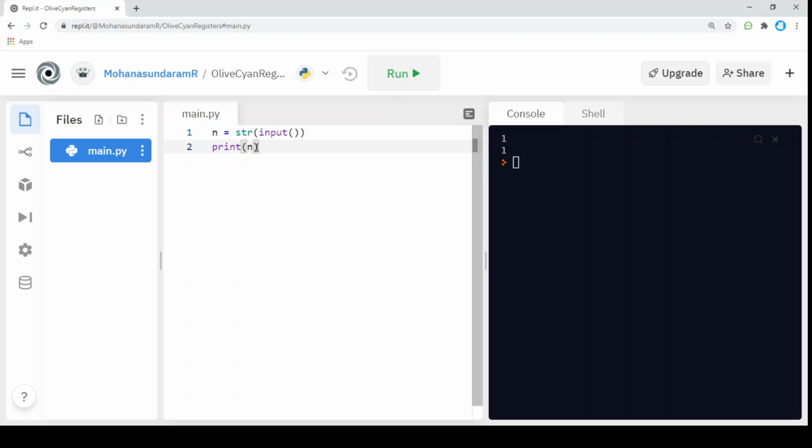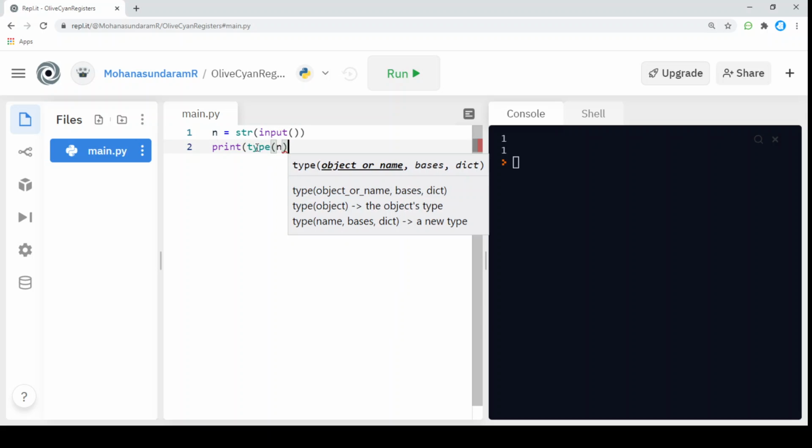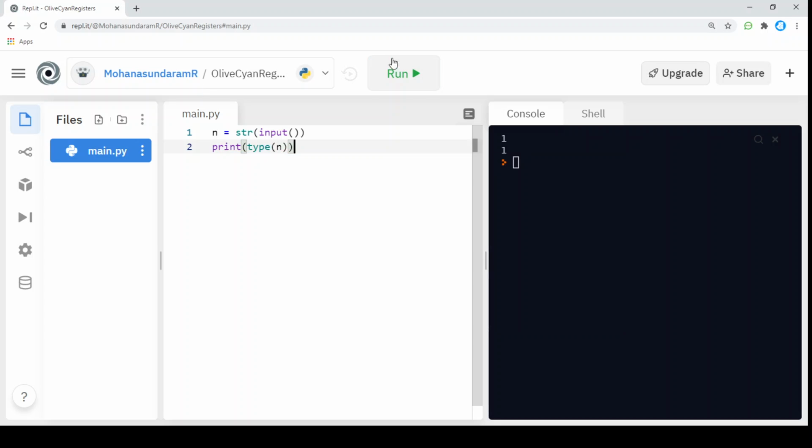If I check the type of the value, I'm giving 1 as input, and the type is a string. This way we can get an input from a user using this inbuilt input function.